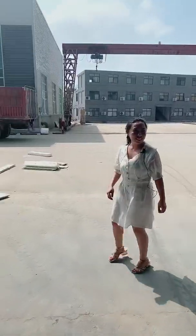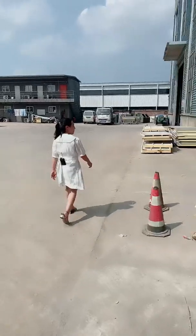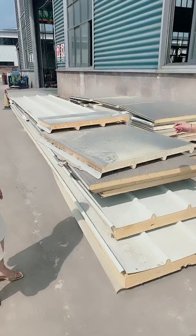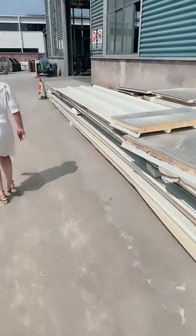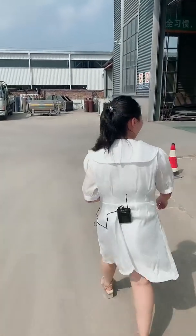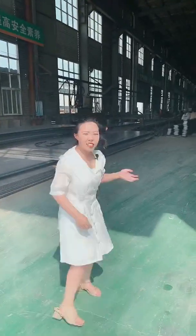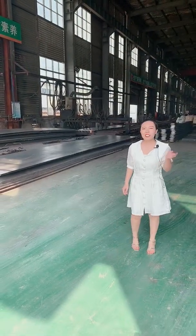This is the workshop for the H steels, and we can do the H steel for the column and